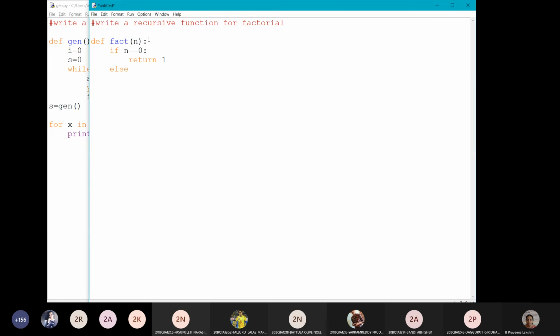Else, return n into fact of n minus 1. Call this function: f equals fact of 5. Print the factorial value. Note down this example for the recursive functions.